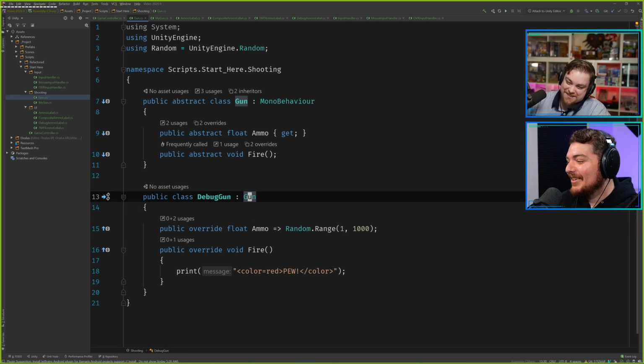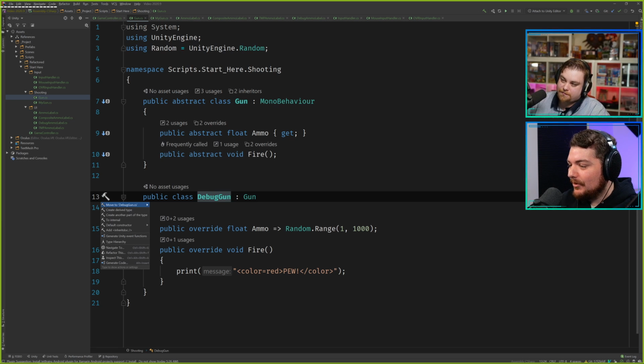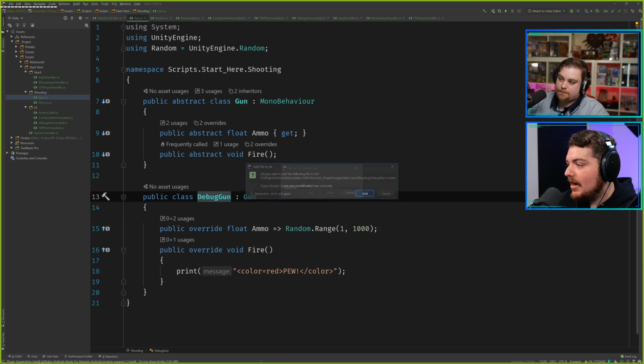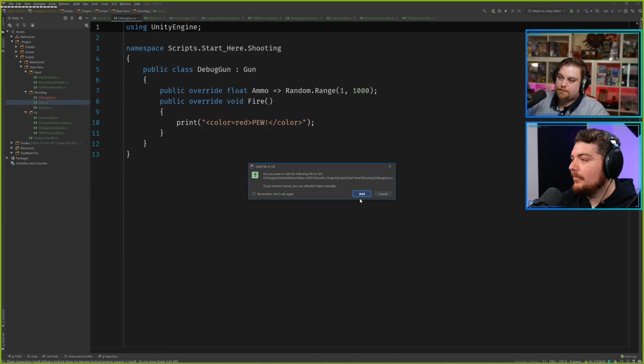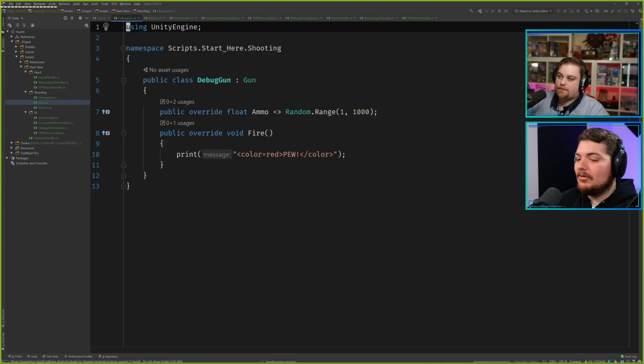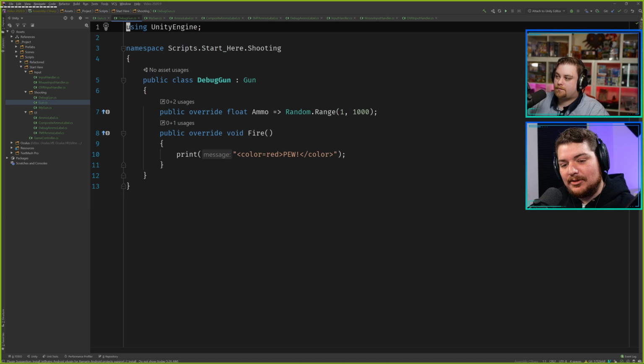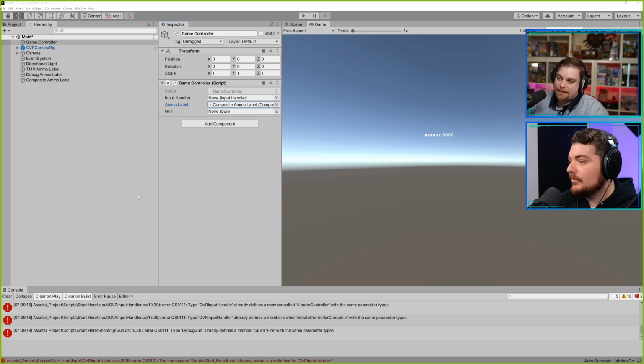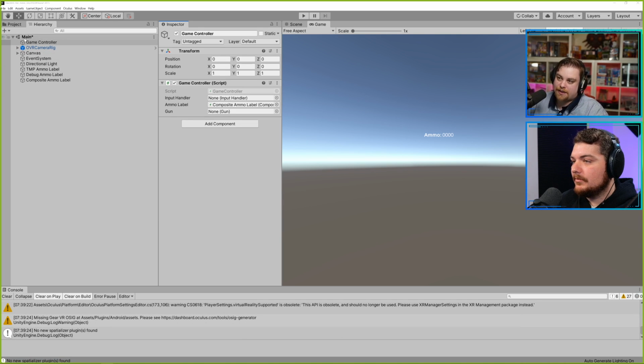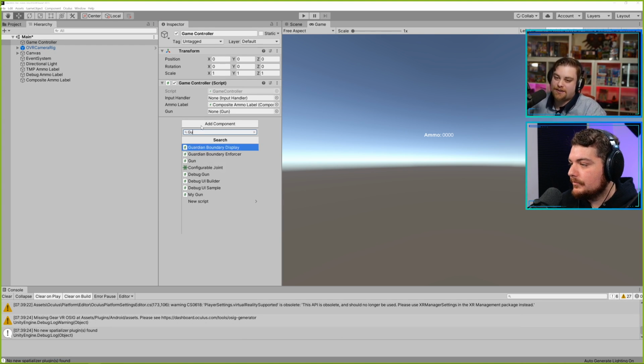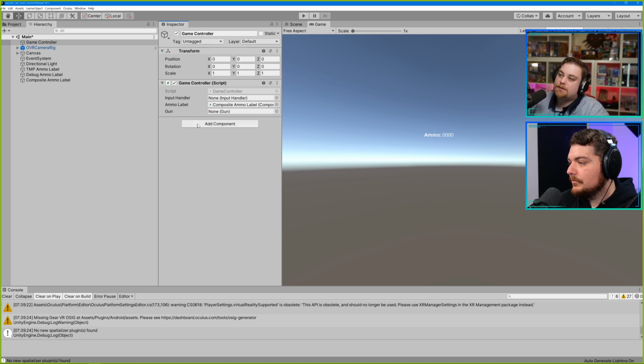All right. So now we've got our debug gun, which just prints that float message. And now we can go ahead and wire all this up. Look how fast that was. And trust me, it's not because I'm an especially fast typer or anything. It was just that easy to implement because we had it all set. Realistically, doing it live, there are other things slowing stuff down. This can be even faster if you get into the flow of doing this yourself. It's not even slow as it is.